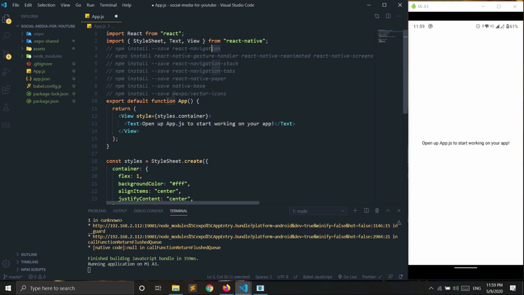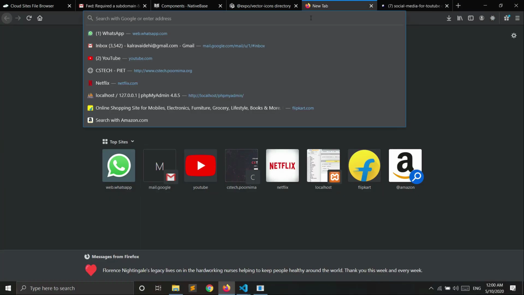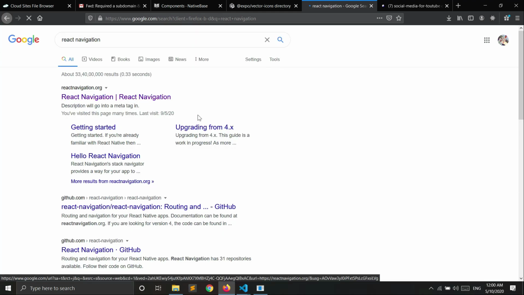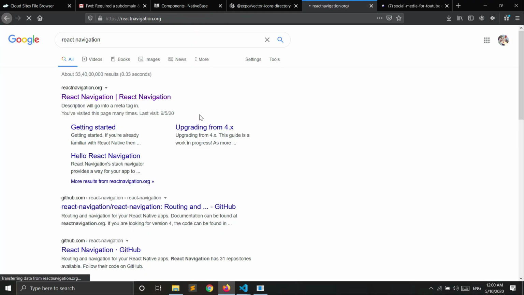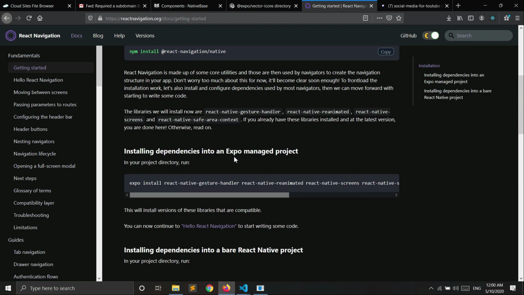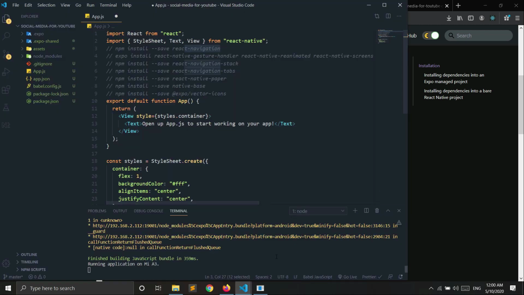For that we also need some other libraries. Just go to Google and search React Navigation. In the documentation, you will see installing dependencies into an Expo managed app. So you just copy and run it in the terminal.